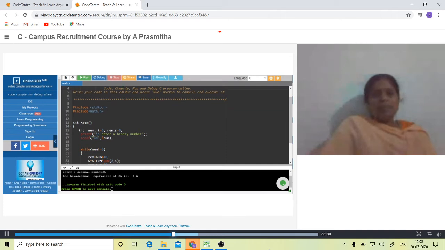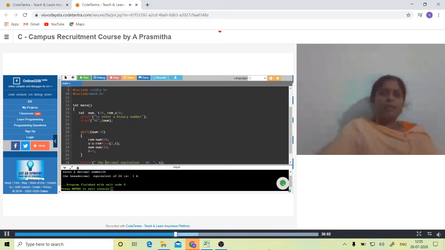The number which you are going to give in the binary format is stored in NUM. For iteration purpose, I am going to store the values, powers start from 0, so for that I have taken I as a variable. Remainder will be stored in REM, and finally we are going to add all the multiplied digits and store it into sum. So we are taking SUM equal to 0. Now start the logic. Here what we are trying to do is, until the number is not equal to 0, we will do this process.